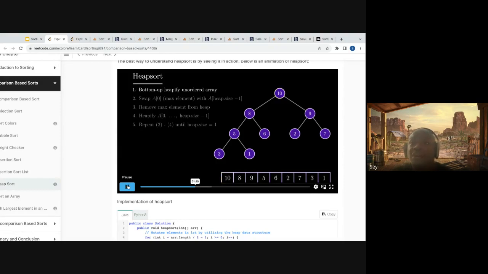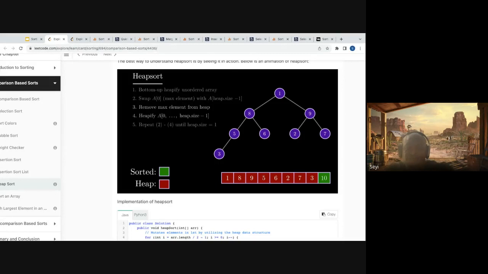So when you are now done with that, you now start beginning to remove. The next thing to do is to remove the item at the top, which is the max item. Essentially, you remove the biggest item in the heap and swap it with the last position, essentially taking it out of the heap. And then you heapify what is left by moving that to the right position in the heap.